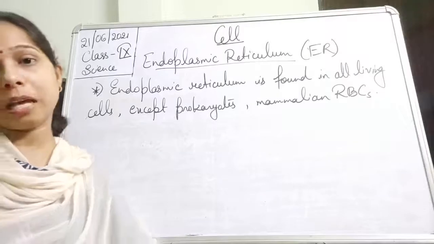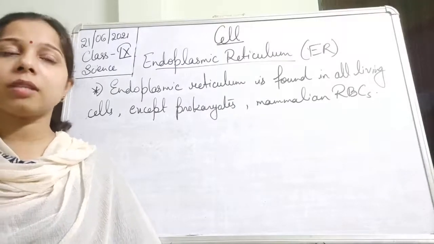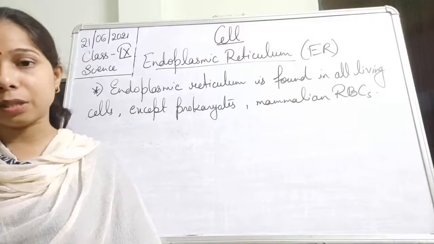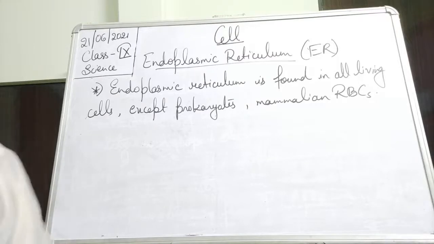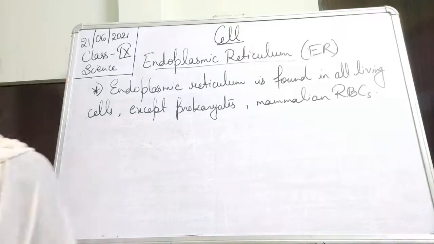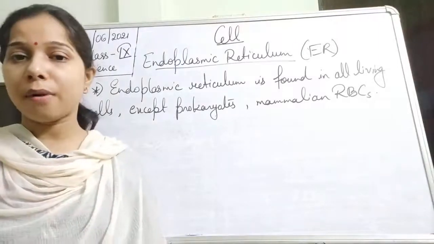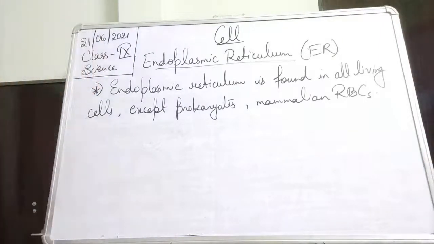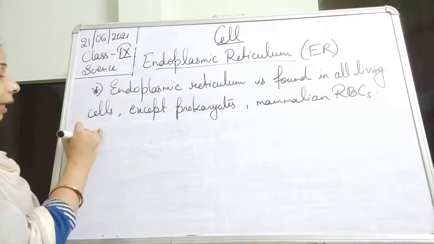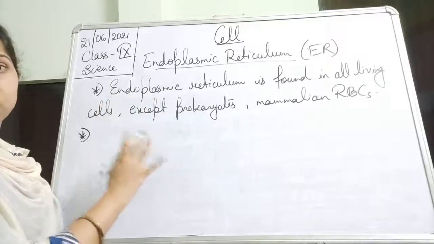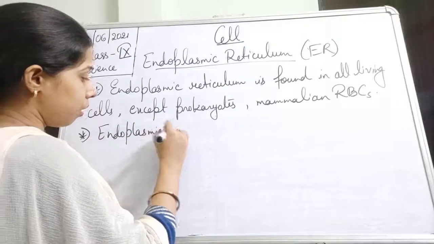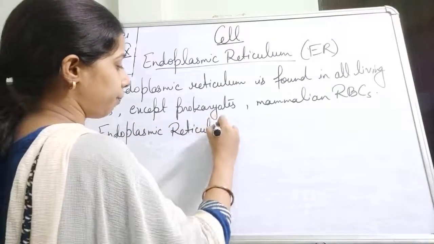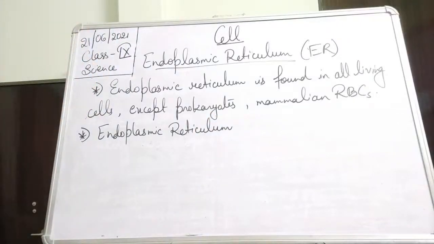When you look at the endoplasmic reticulum, these tubules are basically divided into three, or we can say that the endoplasmic reticulum consists of three different parts, students: cisternae, vesicles, and tubules. So we can write here that, see, the name itself says reticulum. So what does that mean? That endoplasmic reticulum